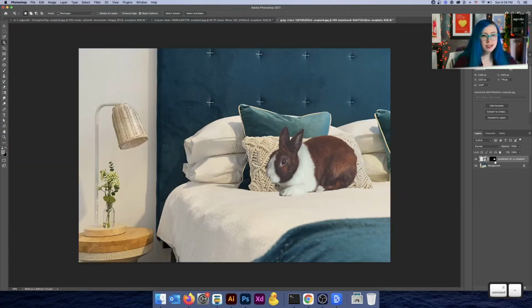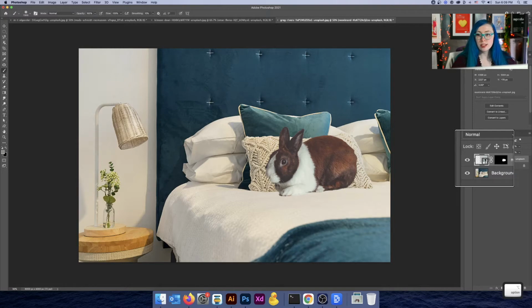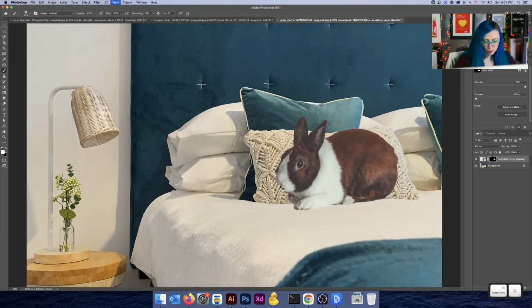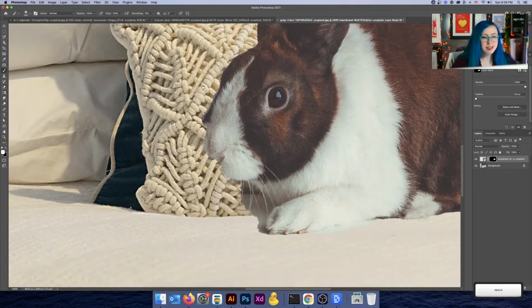So let's use our brush tool. I'm going to hit B on the keyboard, but you can also go down in your toolbox to this tool right here underneath the patch tool, and then ensure that you are on the layer mask by clicking it. Now you have a brush, and again, remember that you can use the brackets on your keyboard to resize the brush quickly. I am going to try and get back some of the missing muzzle on this rabbit.